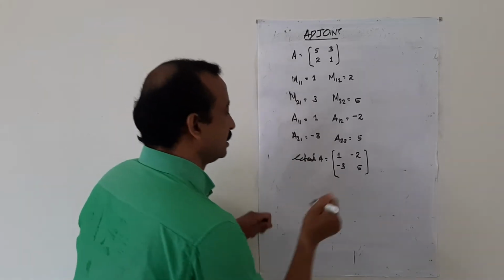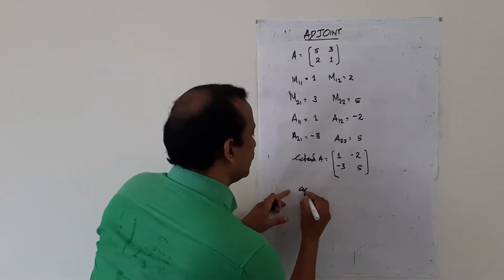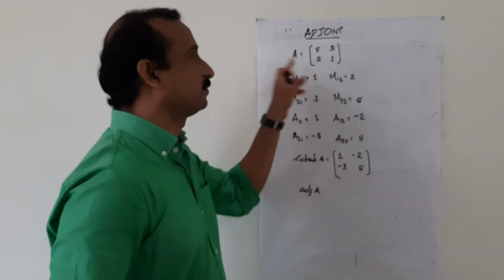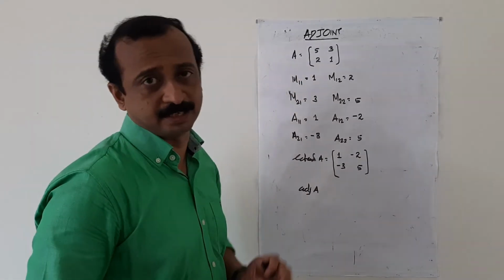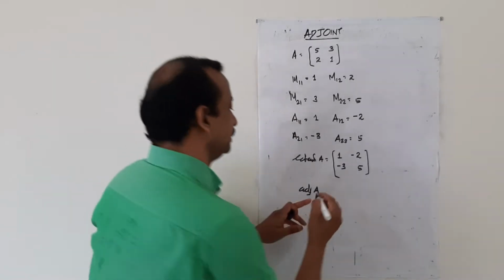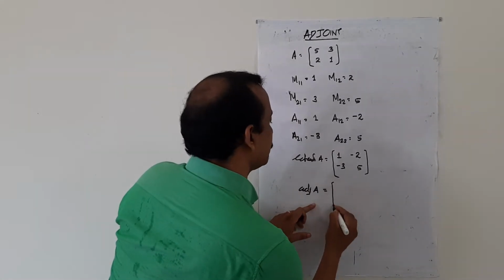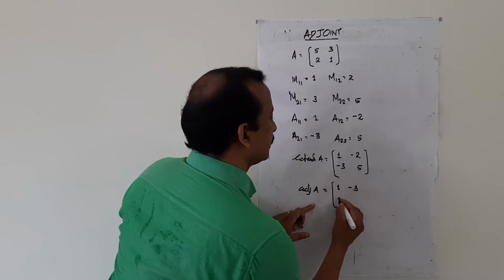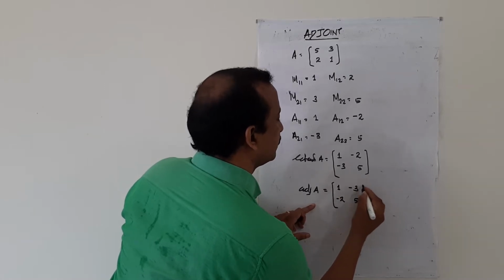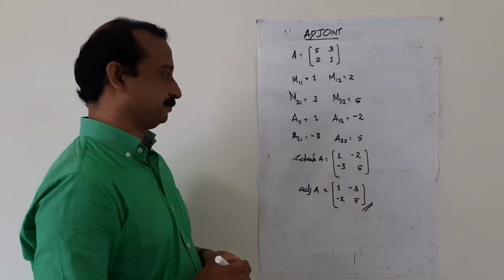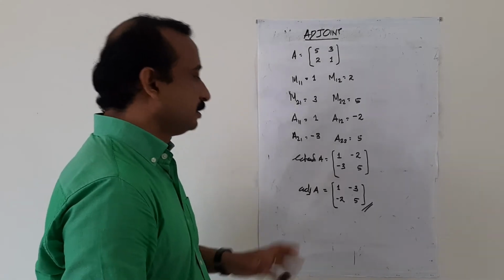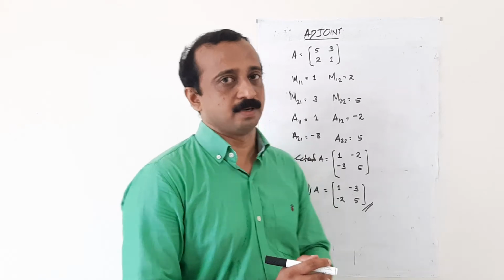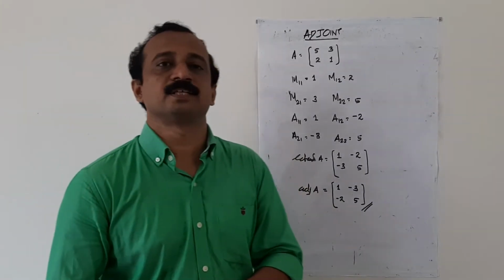Then its transpose, that is called the adjoint. That is adj symbol, adj A, adjoint of the given matrix A. Suppose the given matrix is B, then adj B, right? Adj B is equal to transpose of the cofactor, that is 1, -3, then -2 and 5. That's all. Okay, that is adjoint. Adjoint of a matrix is the transpose of a matrix obtained by replacing the elements of the given matrix by